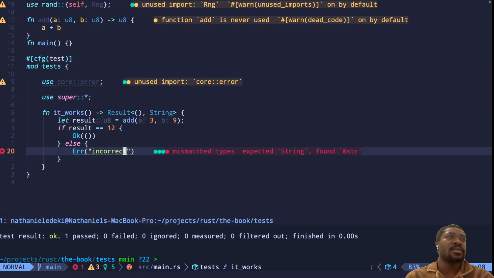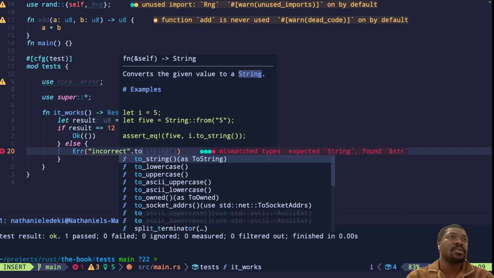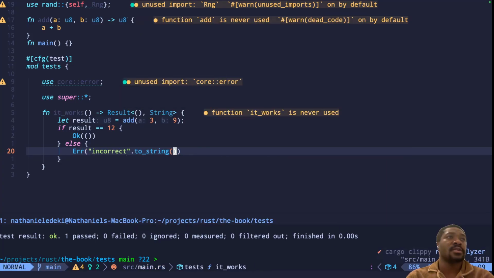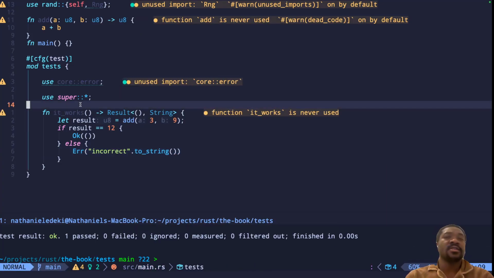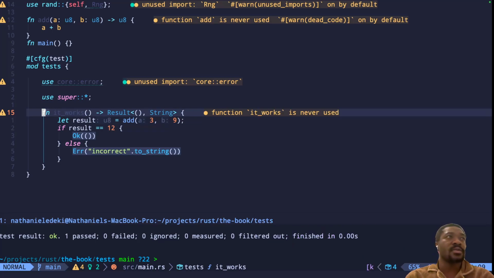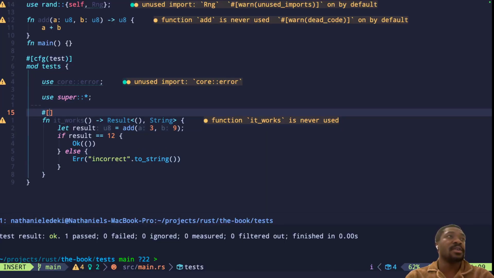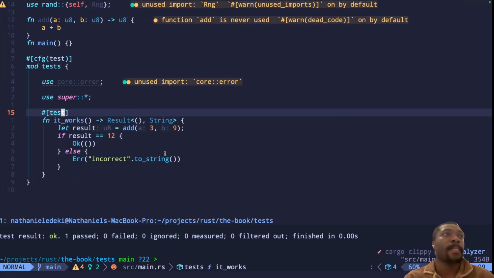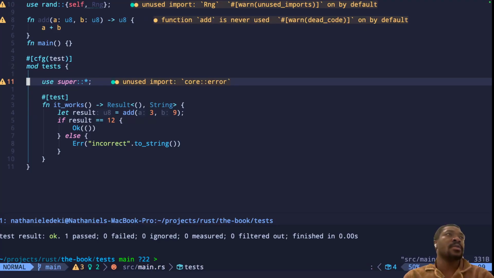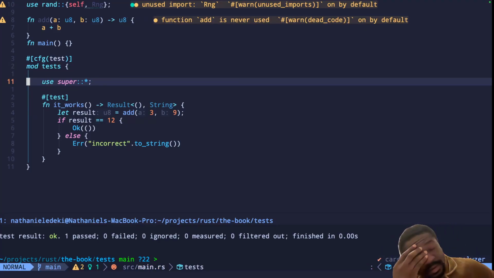Yeah. So okay, this is not a string. We can actually do to_string. Yeah, take care of it. And this is not yet working because we need to have the annotation test here for it to work. Okay, we don't need this anymore. Okay, so